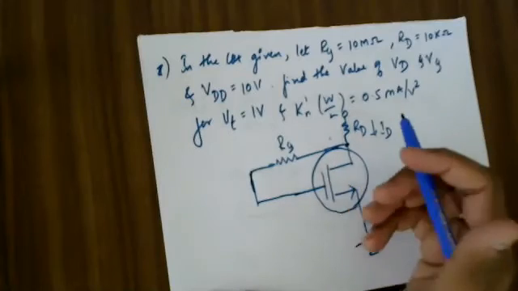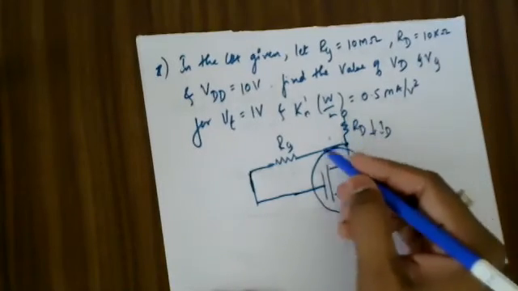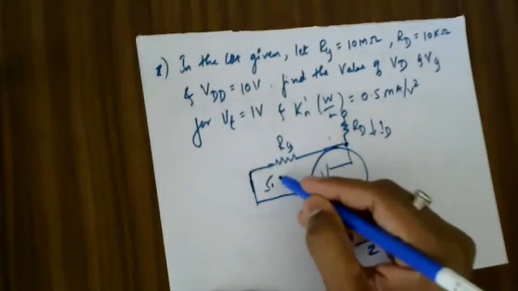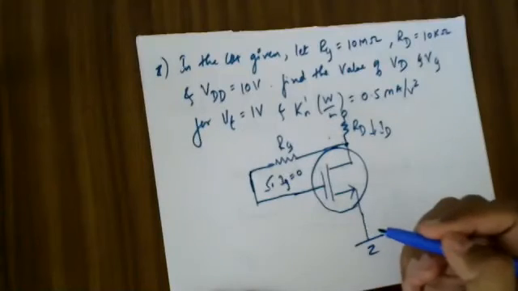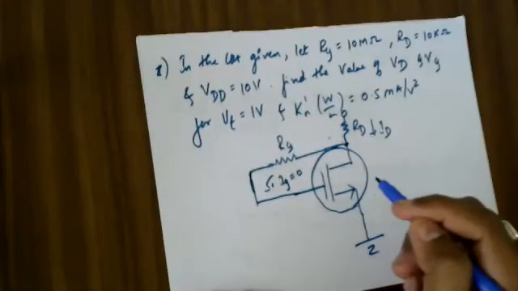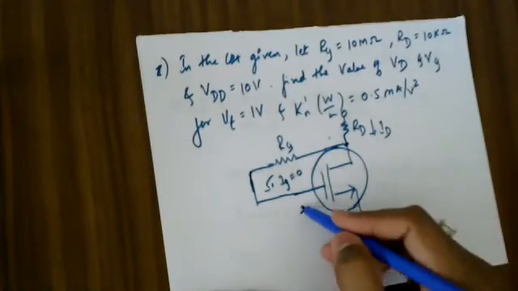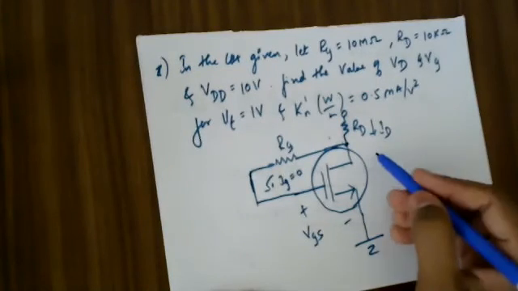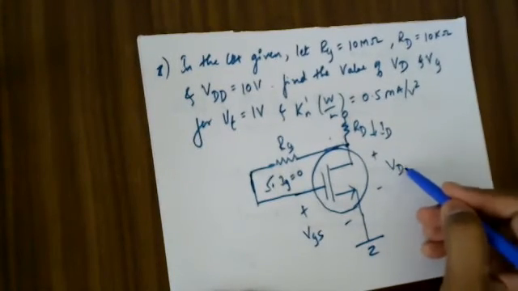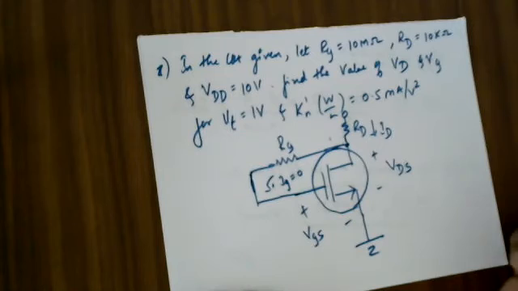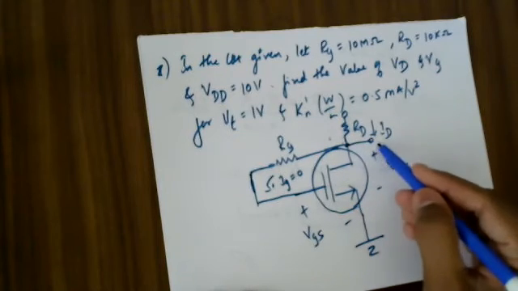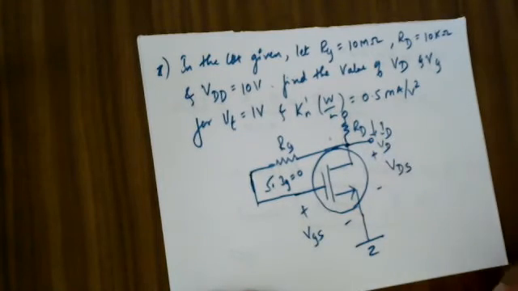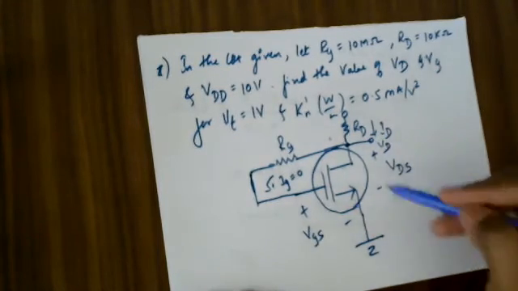I know that the current that is going to come from the drain current to this over here, this current is 0, Ig is equal to 0. And this is positive, negative, this is my VGS. And this is positive, negative, this is my VDS. And this is nothing but my VD. This is what is being given in the circuit.